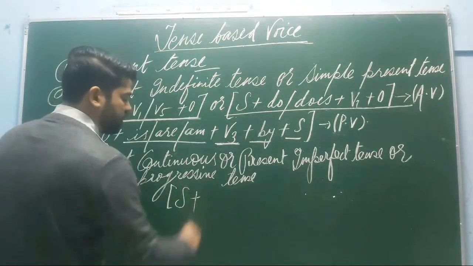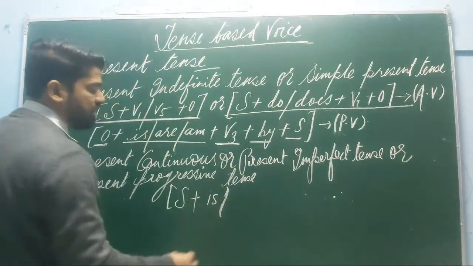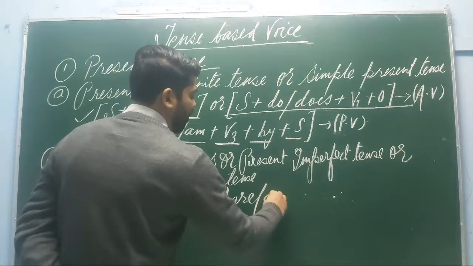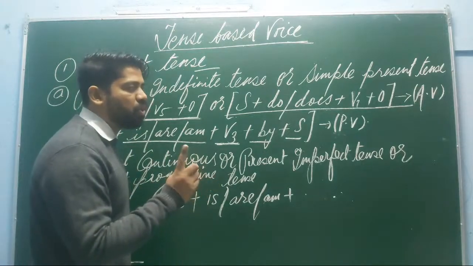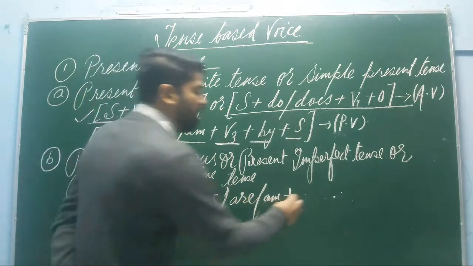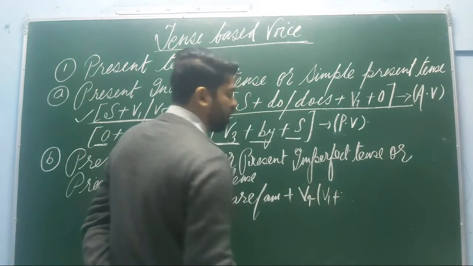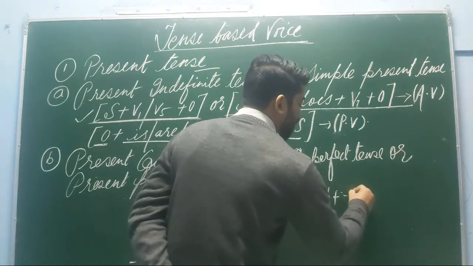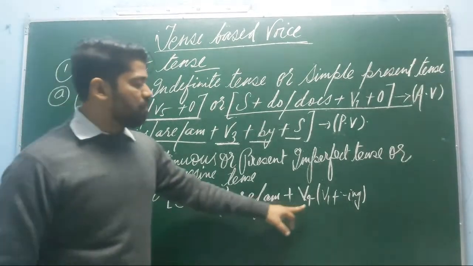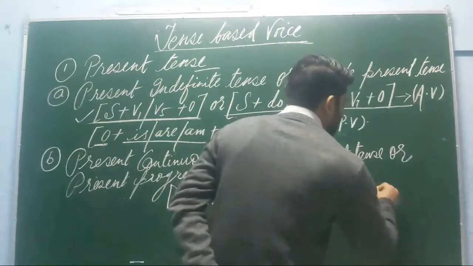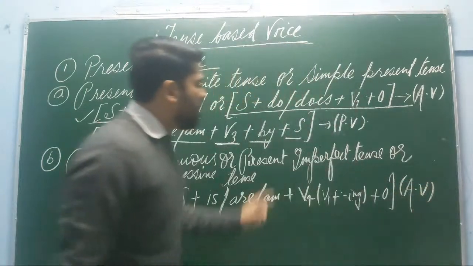So there will be the inclusion of the subject, and after the subject, since it is present tense, you will use is, am, are. Now, one main thing is that in present continuous tense there will be no use of V3. There will be the use of the fourth form of the verb, as you are quite aware, that the fourth form of the verb is verb 1 plus ing. This is the ing form of the verb. So subject plus is, am, are plus V4. Then last it will be the object. This one will be the structure for the present continuous.